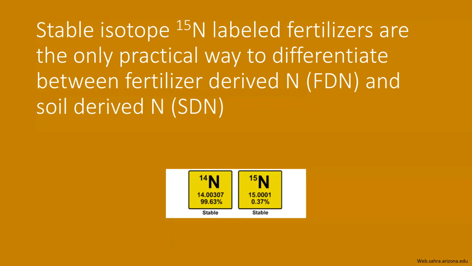And so for this study that I'll be talking to you about, we did label our nitrogen fertilizer with a 15 nitrogen isotope. Using this technique, it allows us to differentiate fertilizer nitrogen from soil-derived nitrogen, and then we can follow that nitrogen as it moves through the soil plant system, as it moves through the soil, as it is taken up by the crop, and we can quantify how much fertilizer nitrogen is in these different pools.